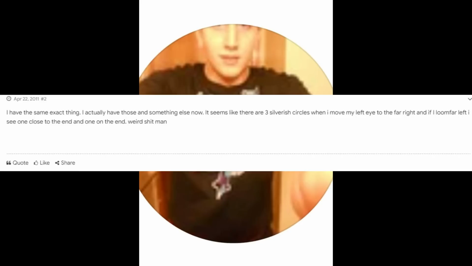So Bryan responds to this. He says, I have the same exact thing. I actually have those and something else now. It seems like there are 3 silverish circles when I move my left eye to the far right. And I think he's probably meaning, if I look far left, I see one close to the end and one on the end. Weird stuff, man. So it seems like he has more trouble with his left eye, which somebody brought up in